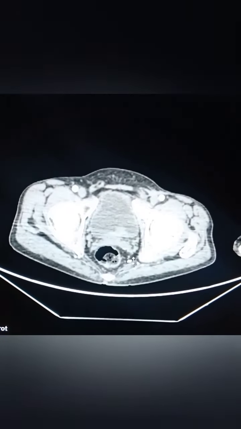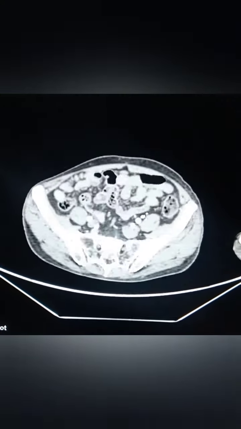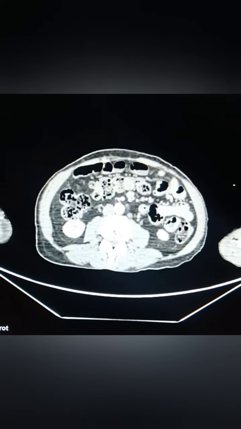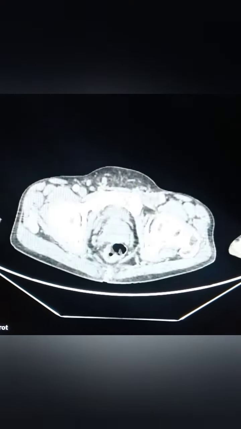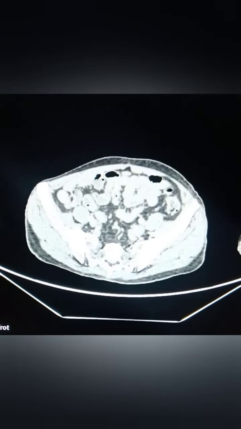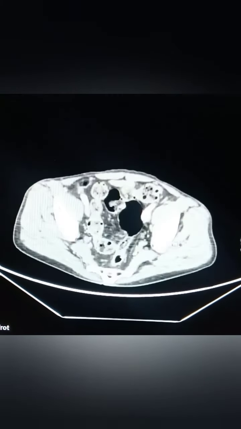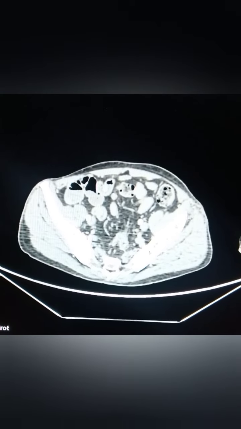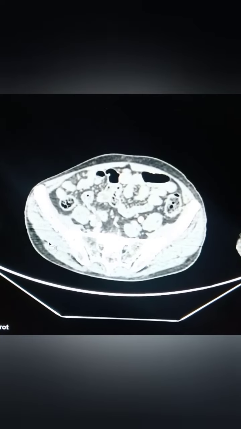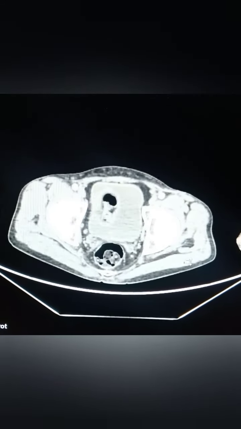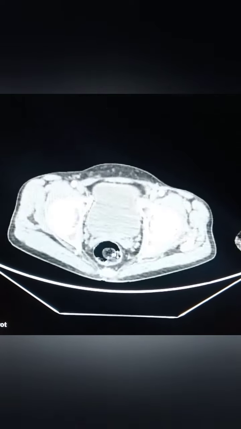And you can see the bladder, and below the bladder is the prostate, as this is a male patient. And the muscles, these are the psoas muscles on both sides. They pass anteriorly and downwards, and you can see the iliacus muscle here, on both sides. And there are the gluteal muscles, maximus, medius, and minimus, and other muscle groups. When we move down, these are the pelvic girdle bones,